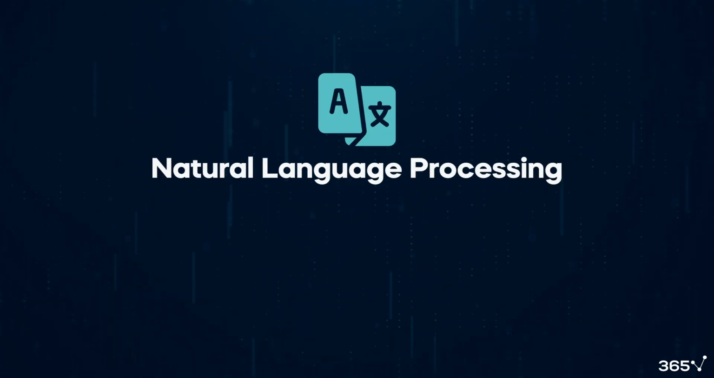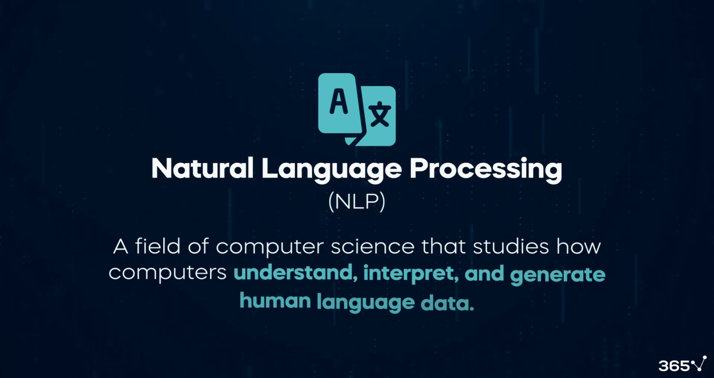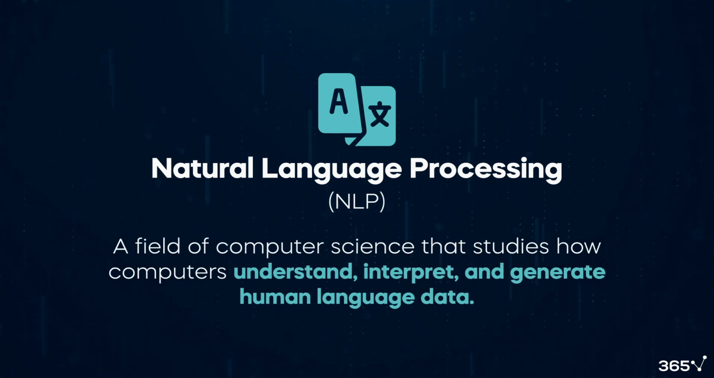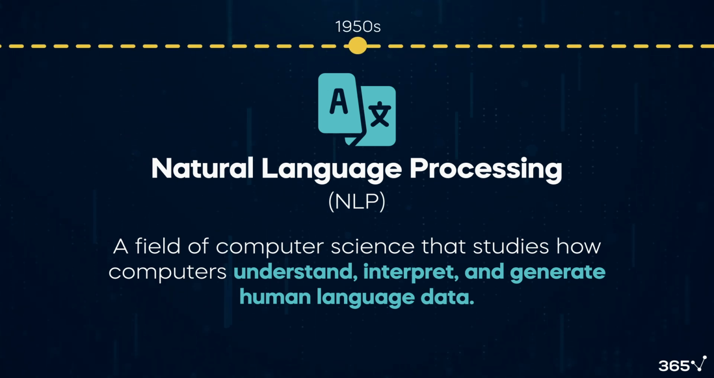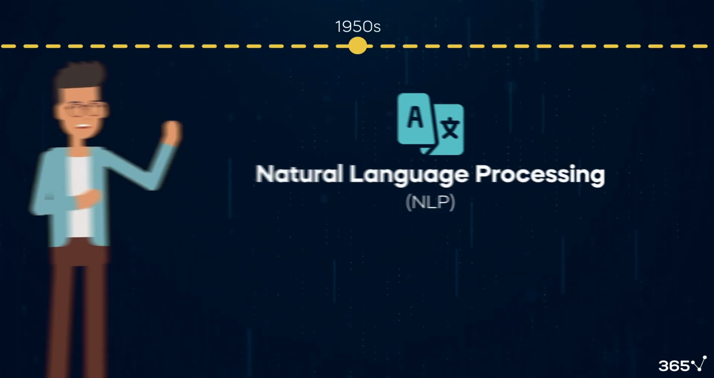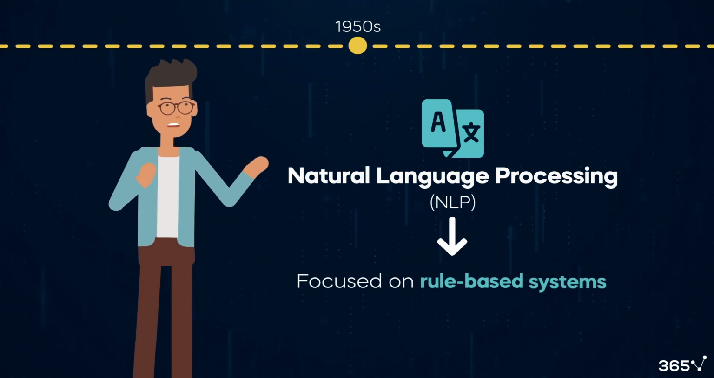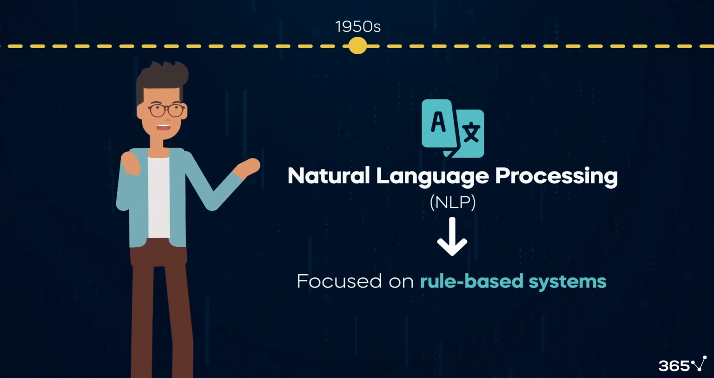Natural language processing, more frequently referred to as NLP, is a field of computer science that studies how computers understand, interpret, and generate human language data. NLP came to life around the 1950s. In the early days, the first NLP methods focused on rule-based systems, which used language grammar rules to try to